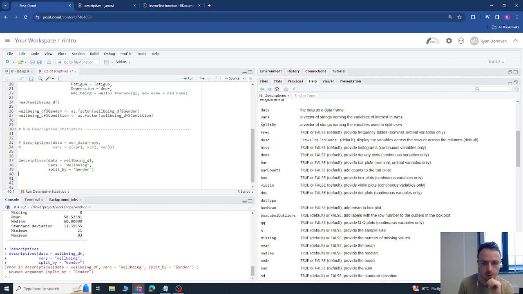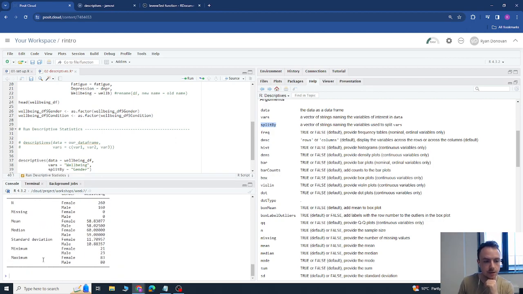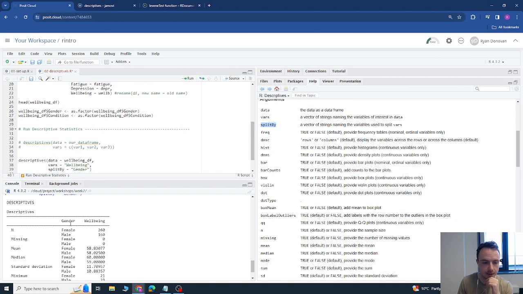Oh, I just spelled it wrong. So it's split by, just spelled the input or the argument wrong. Okay, now if we look at our descriptive statistic table again, we still have our well-being, but now it splits